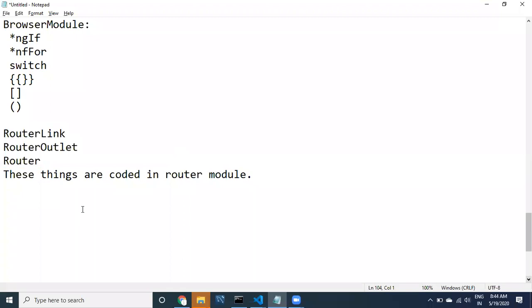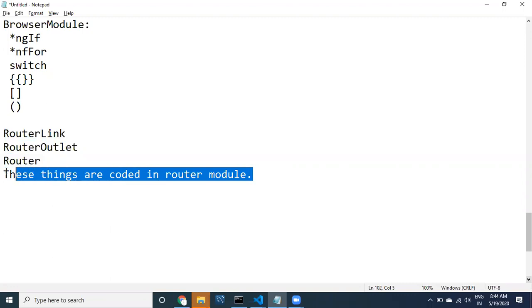You are not creating the router module. It is already available.